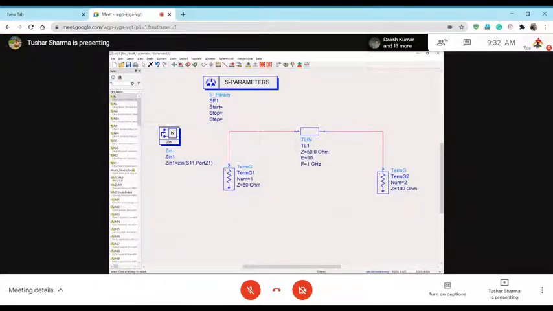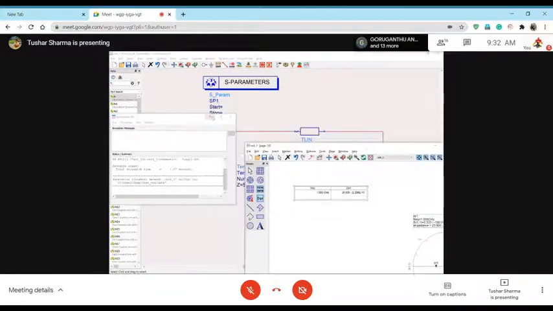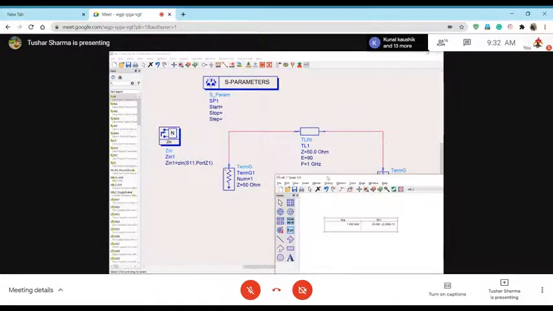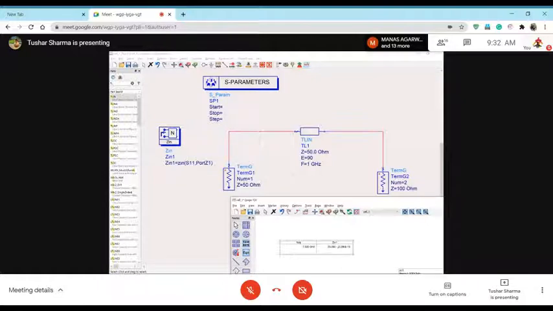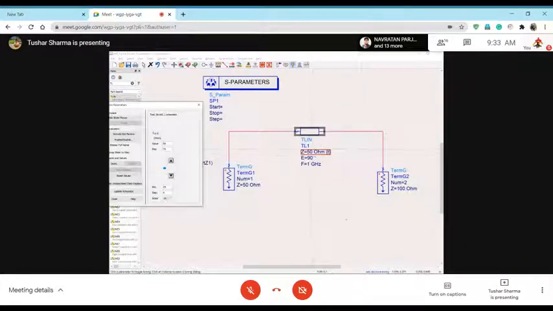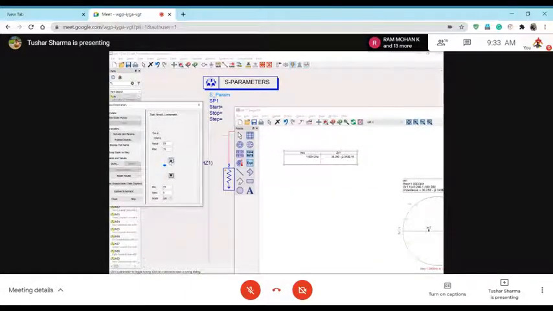If I run now, my Z in is 25 ohms, right? Input impedance is 25 ohms. But now what I'm saying is that we want to match, so the transformer is changing your impedance from 25 to 100 ohms. But what you can also do is play with the characteristic impedance of the line, which means I can change the value of this 50 ohm line. Right now it is 50 ohms, so let's see what happens when I change the characteristic impedance of this line.